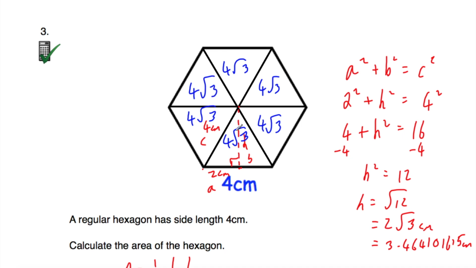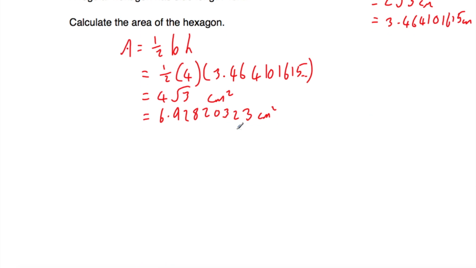So if we take the area of one of them, the 4 root 3, and multiply by 6, that's the area of the whole hexagon. So if we take our 4 root 3 and multiply that by 6, that's equal to 24 root 3. Or you could do 6.928 and so on and multiply that by 6. And whenever we multiply by 6, that's equal to 24 root 3, or